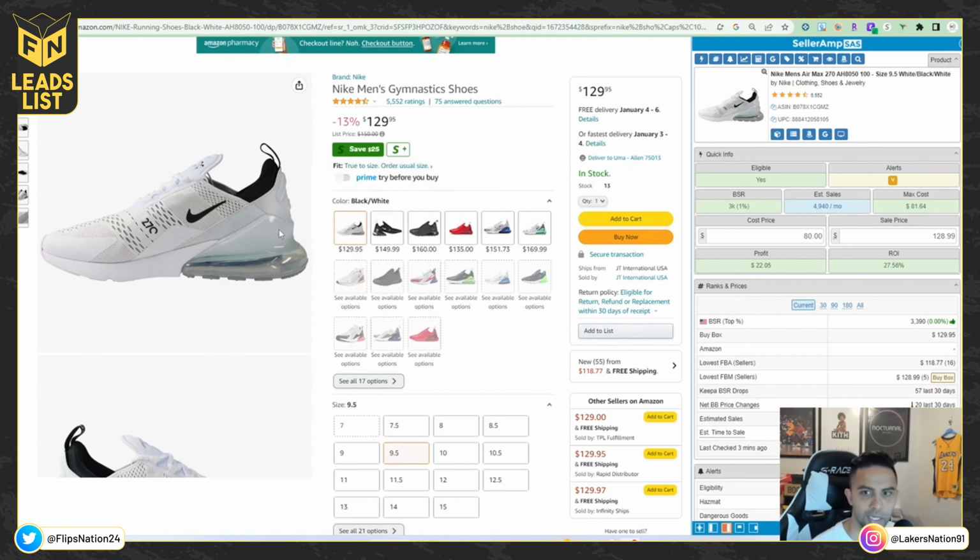I'll be the first to tell you that earlier in December, during the holiday sales, I was able to find many Nike shoes at 50% off. So this person who's selling it could very well have found this $80 price for this Air Max. But there are 55 other sellers on this Air Max 270. So unless you're finding this particular colorway and size, this 9.5, at this discounted $80 price, or even